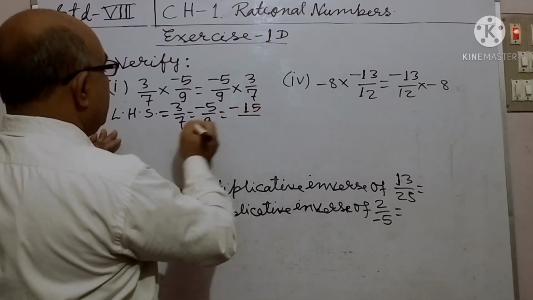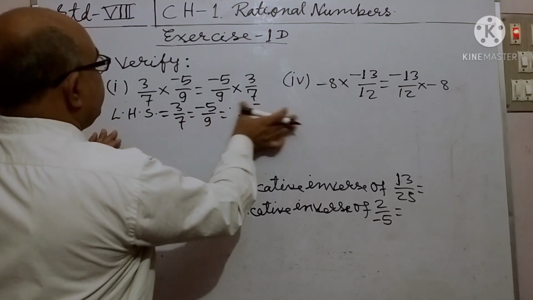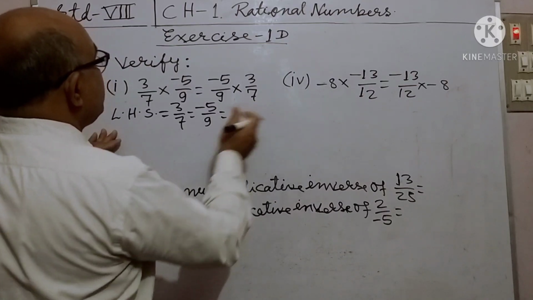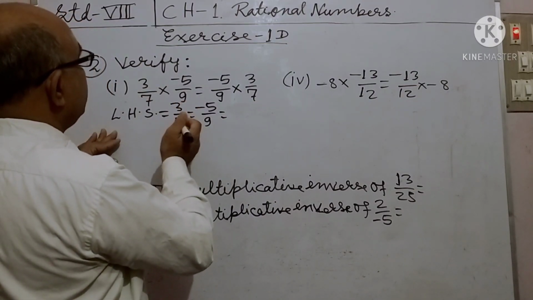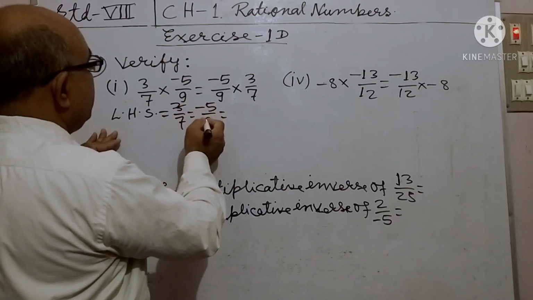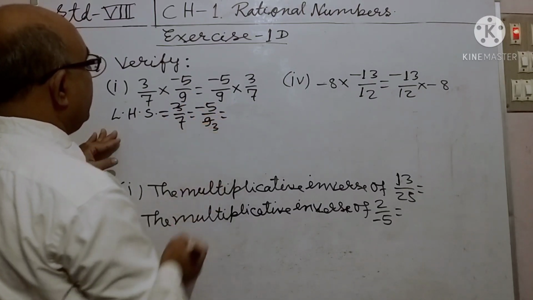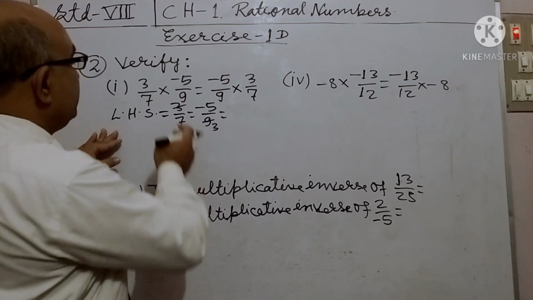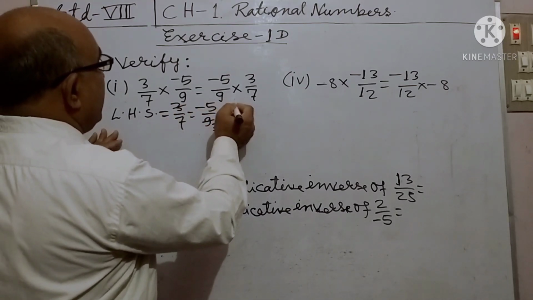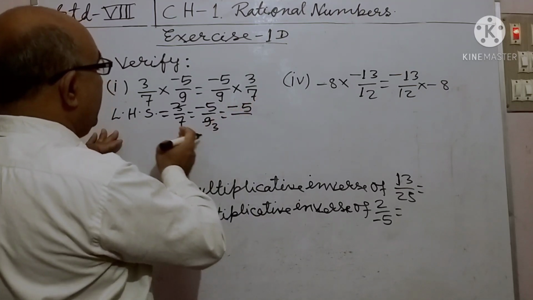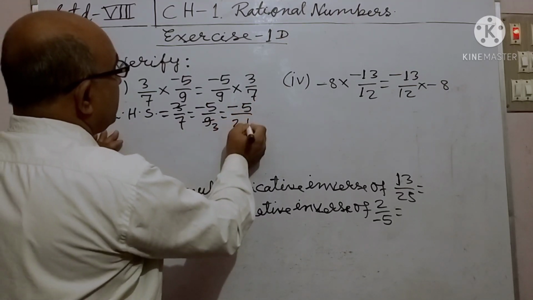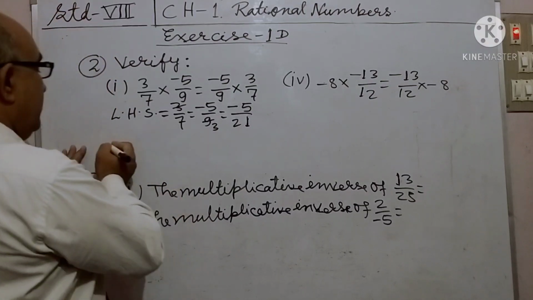Cancel here: 3 threes are 9, 3 threes are 9. Plus into minus, minus 5 by 7, 3 sevens are 21. And right hand side